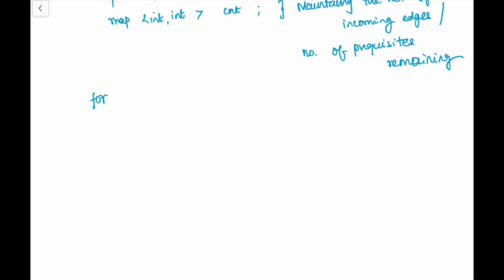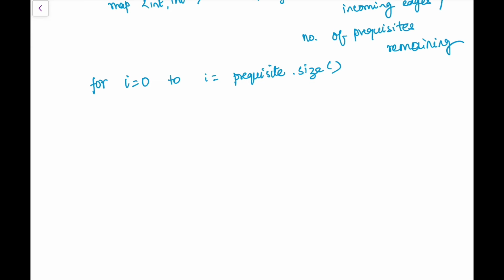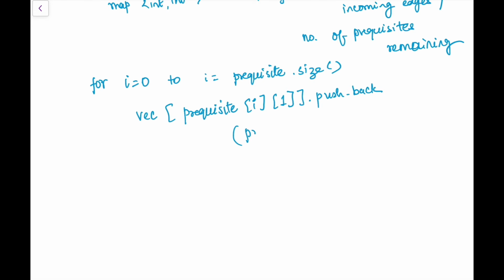For i equal to 0 to i equal to prerequisite dot size, what I will do is I'll have a vector in which prerequisite i to 1 is having a value of pushback prerequisite i dot 0.